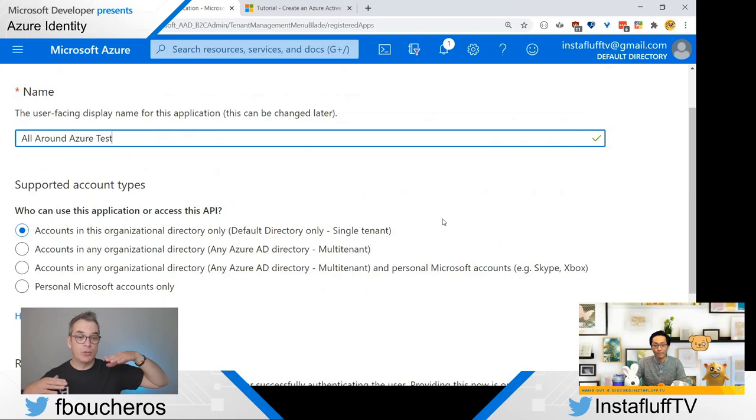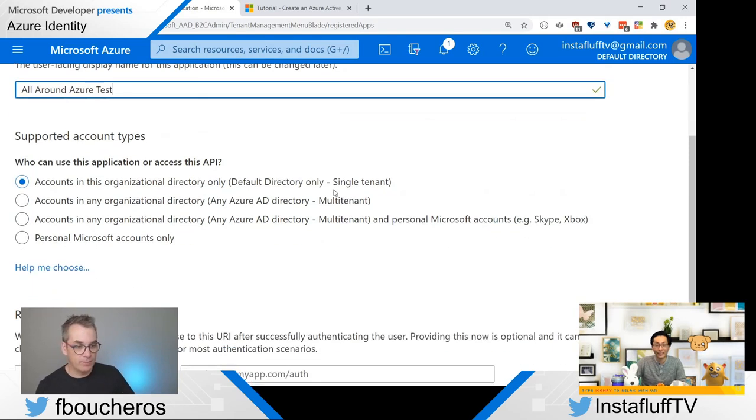The other one could be, for example, if you're using your own company, so you have your own login when you arrive on your PC, but I want to give you access to my company stuff, so then I could use that one. And the last one is like when you just want people to get identified, like everyone can log in but they must be authenticated, so then you're using the one where you could use Skype, Xbox, and all the others if you want, all the personal ones.